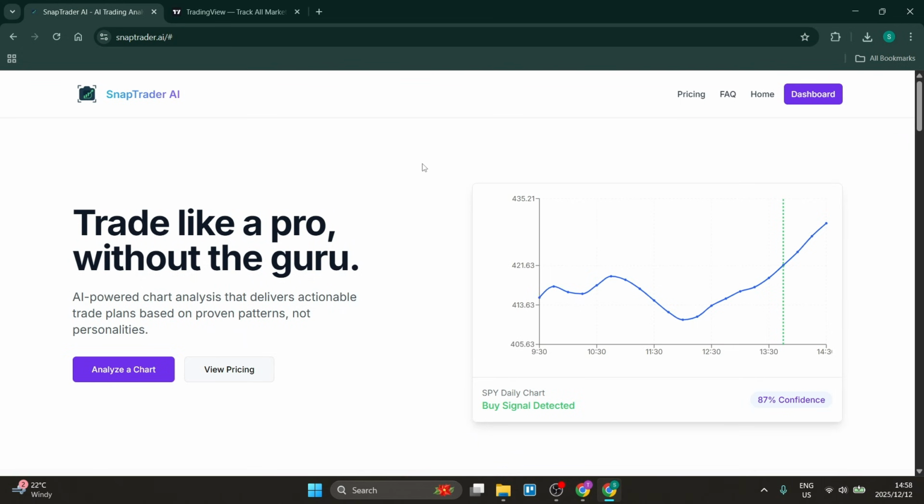Ladies and gentlemen, today I'm going to teach you how to use SnapTrader to analyze your trading charts. Let's do it. SnapTrader.ai is the website that you're looking for, and of course what you'll need